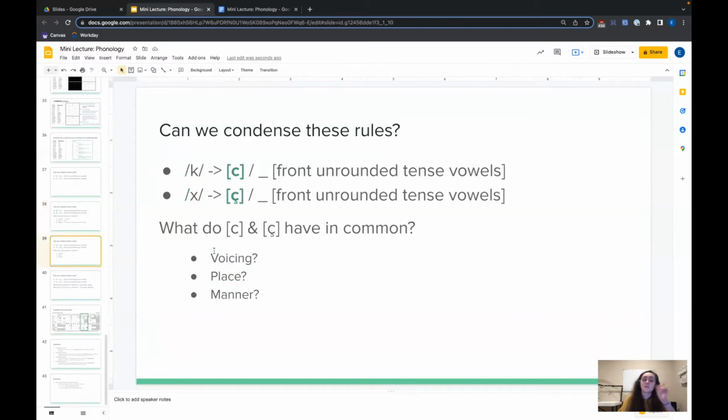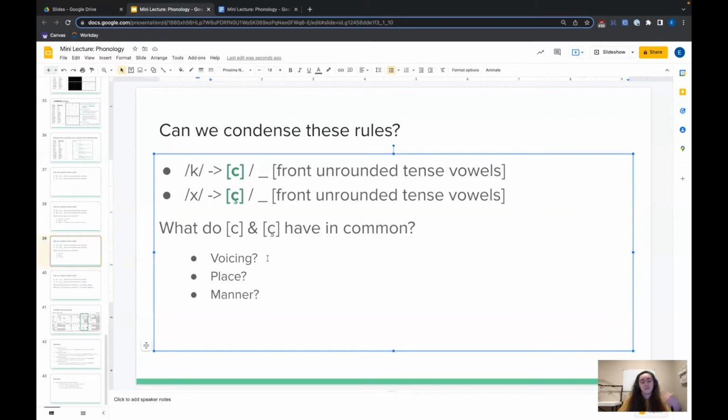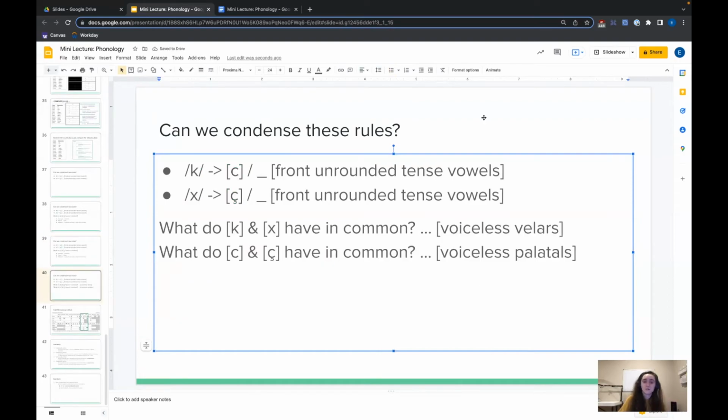And then what about the right side of the rule? So we have these two symbols represented by the C and the C with the little curl at the bottom of it. So voicing wise, they're both voiceless. Place, they're both palatal, but manner, no match. We have a stop and a fricative. But we can at least say that they're both voiceless palatals. So given this, we can reformulate the rule and say that voiceless velars become voiceless palatals before the front unrounded